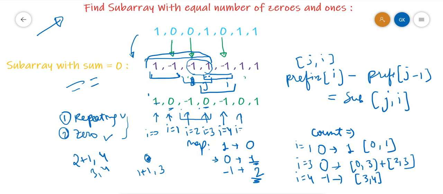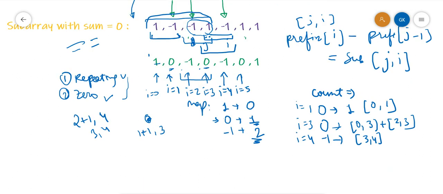And then we will proceed to I equal to 5. So we check for this condition, it is 0, so that means there exists a subarray from the starting till our I equal to 5 which is having sum 0. So for I equal to 5, we encounter 0 again, and then that means from 0 to 5 there exists a subarray. And 0 was present at 1 and 4 also. So that means it is satisfying our second condition also, which is it is getting repeated.